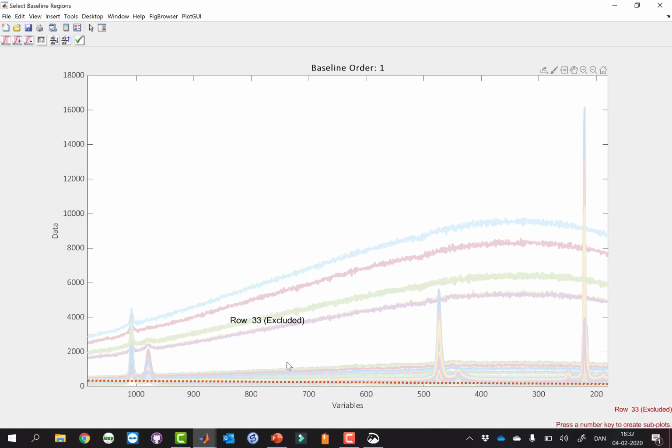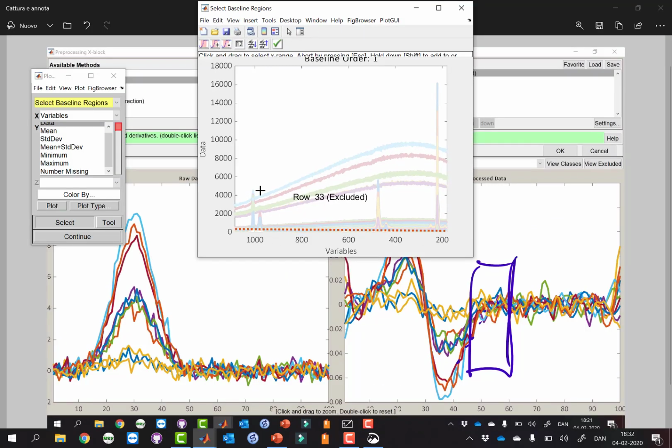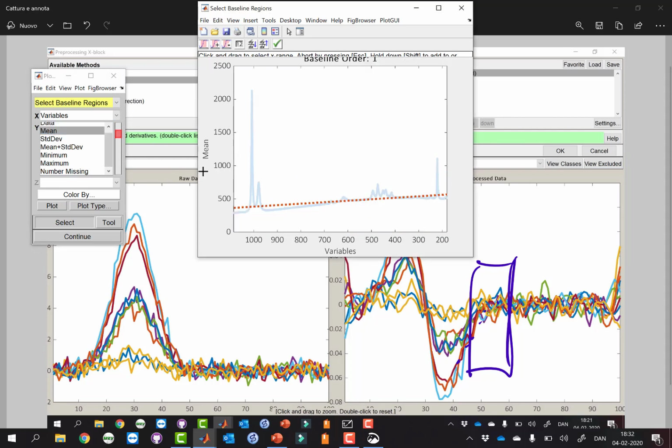It's important that we get parts in the beginning and parts where the curvature is, and also some parts at the end. So let me add some data now. I'll make the window small again, and I'll go back to the mean. Okay,